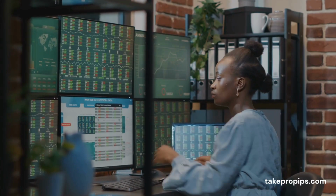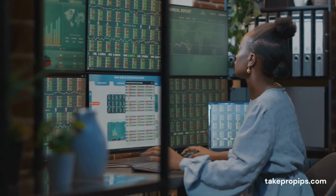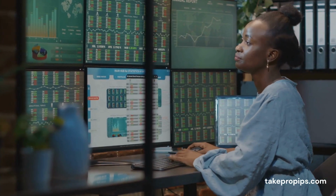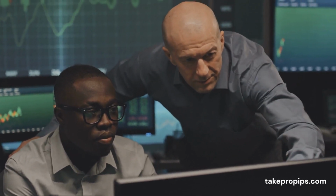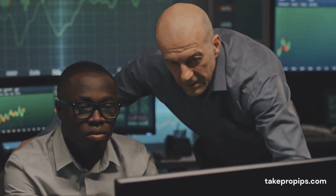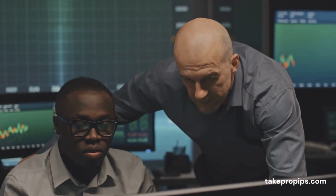various market conditions. Think of it as a flight simulator for pilots, where they can make mistakes and learn from them without the risk of crashing a real plane. Similarly, a demo account allows you to make mistakes in your trading and learn valuable lessons without the fear of